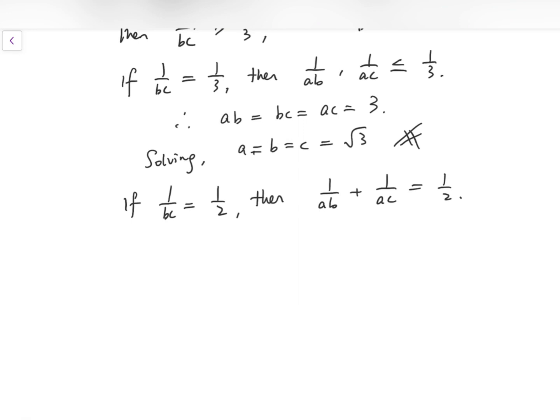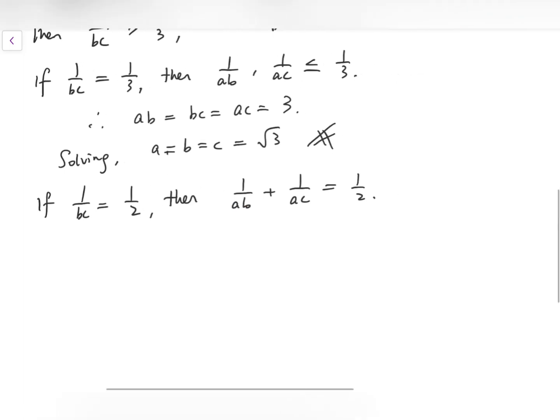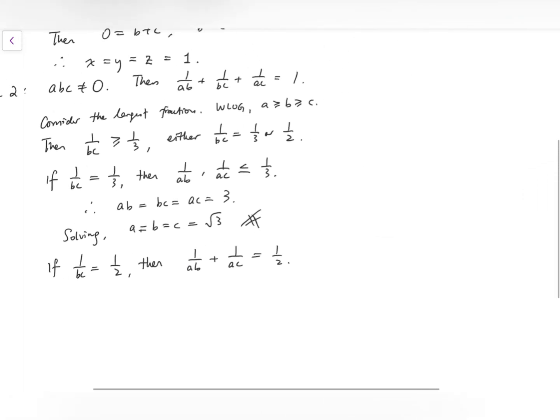Then maybe I can just replace them by some less complicated alphabets. I should not cross it out. I should just solve it aside. Say if I have two fractions equal to a half, then I can just add them up,